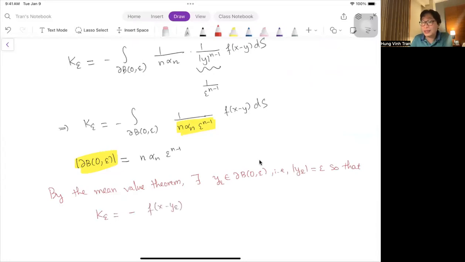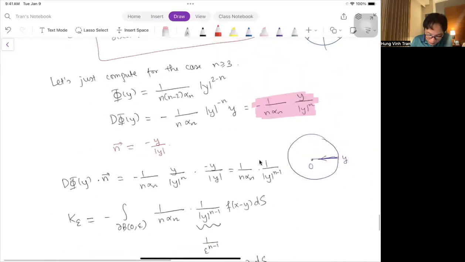Because it's just an averaging, okay? And you can see that y epsilon is very small, it's just epsilon. So this implies that as epsilon goes to 0, K epsilon turns out to be exactly minus f of x,